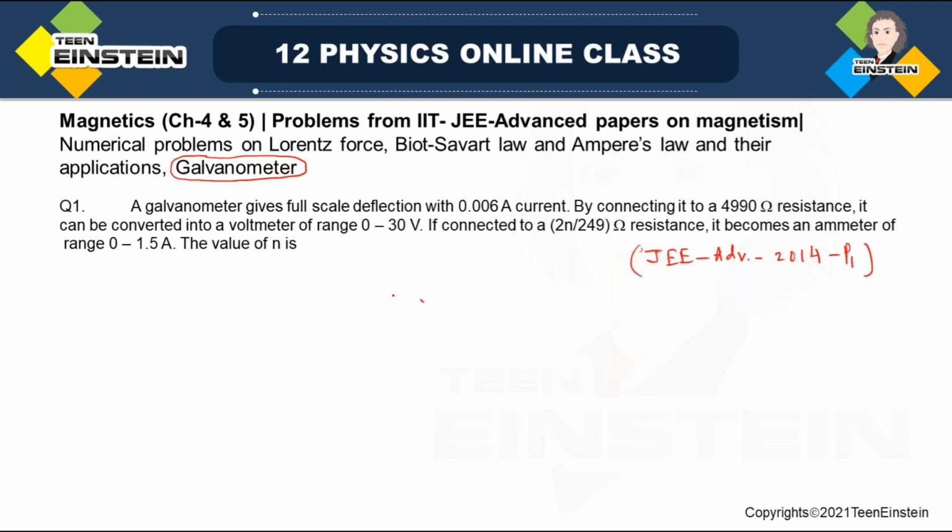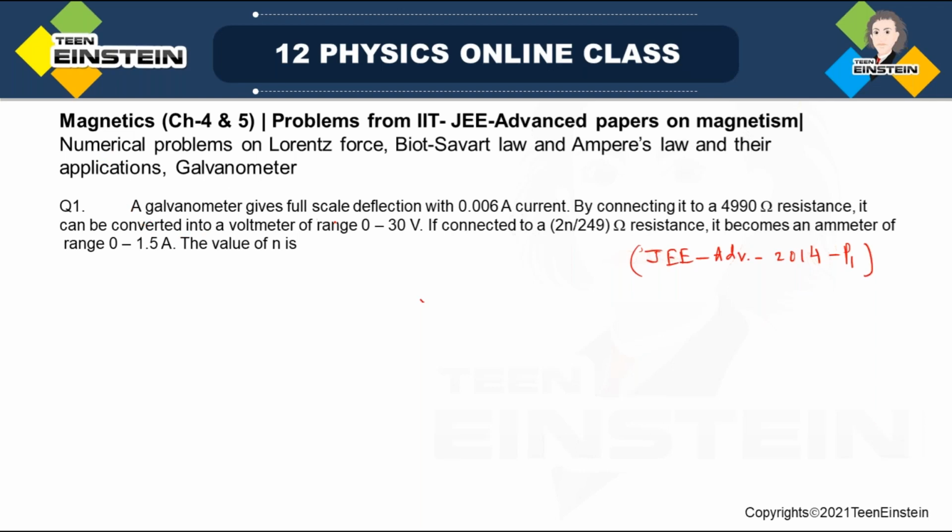Basically, a few terms like full scale deflection, voltage range, current range, and also how to convert a galvanometer into a voltmeter and a galvanometer into an ammeter. And questions are related to that. Okay, so let us start today's first question on galvanometer. So this question says